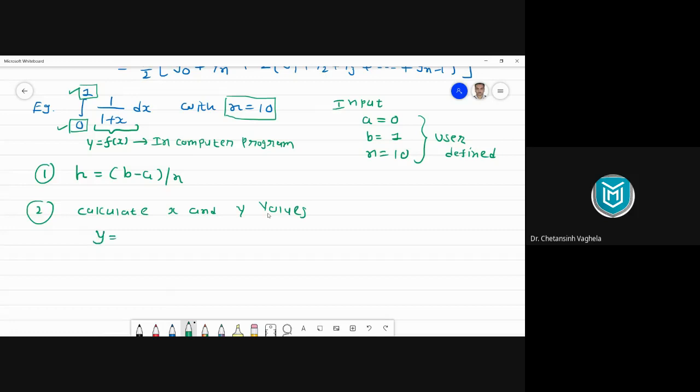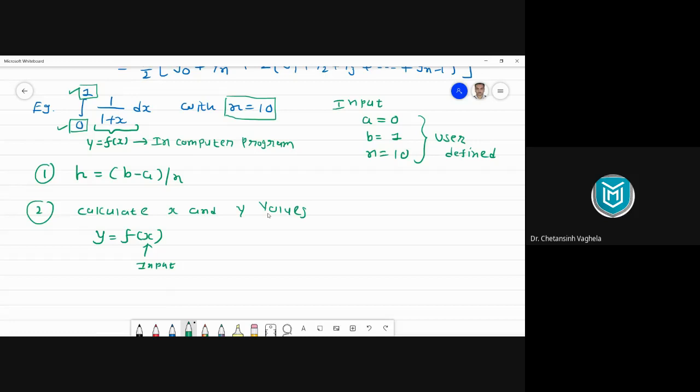Values of Y can be given like this: Y equal to f of x. That means we can calculate them with the help of function f of x. But again, in order to calculate f of x, we need to give x value as input to this function f of x. That means first we have to generate the values of x, and then those values we can give as input to function f of x, and ultimately we can get the values of y.